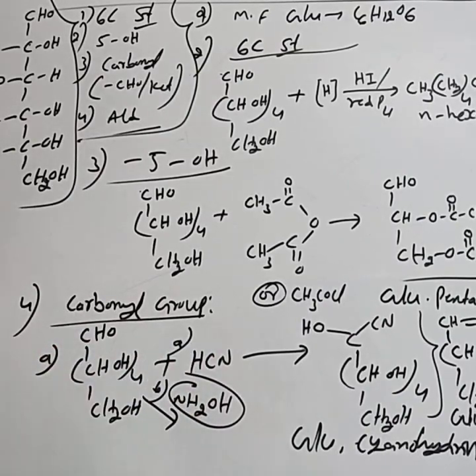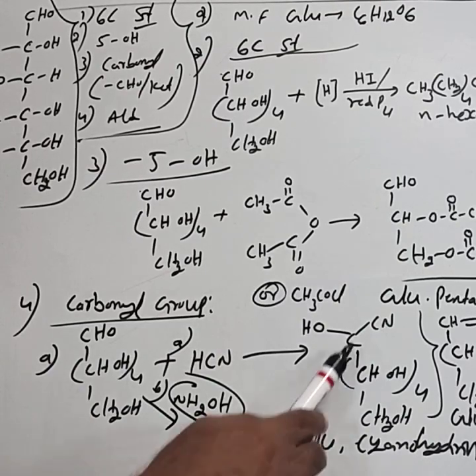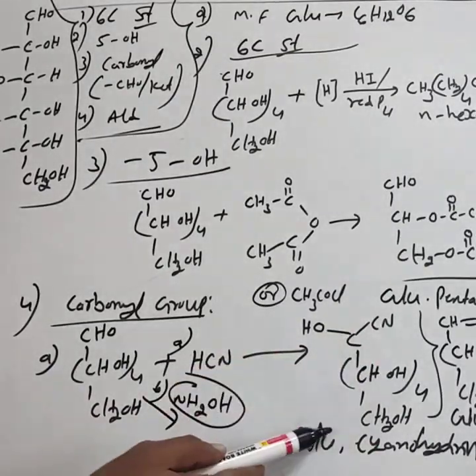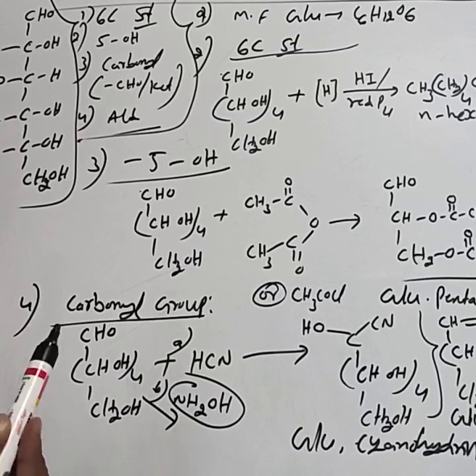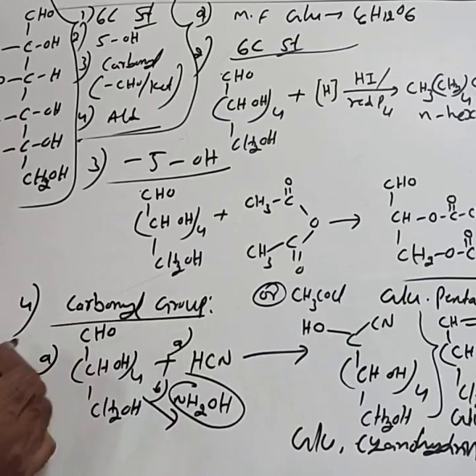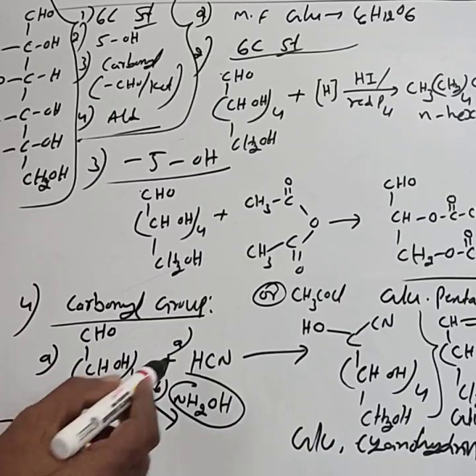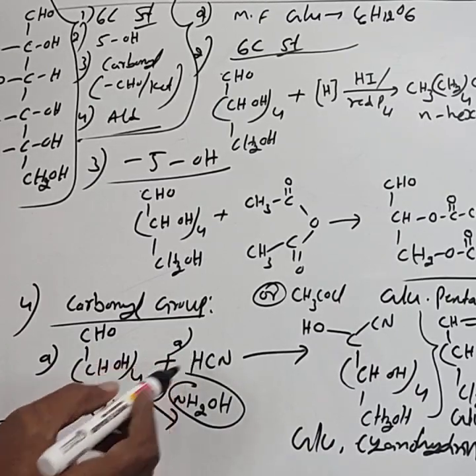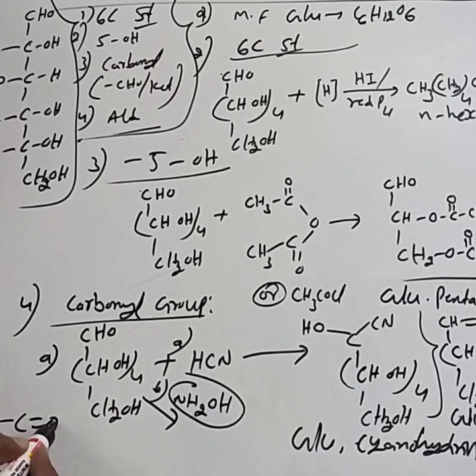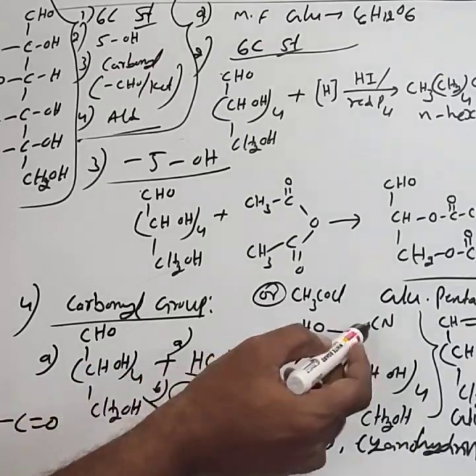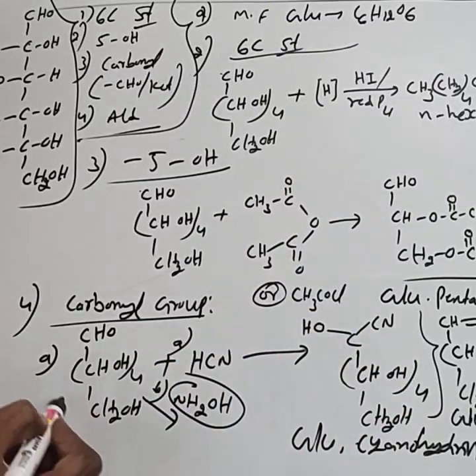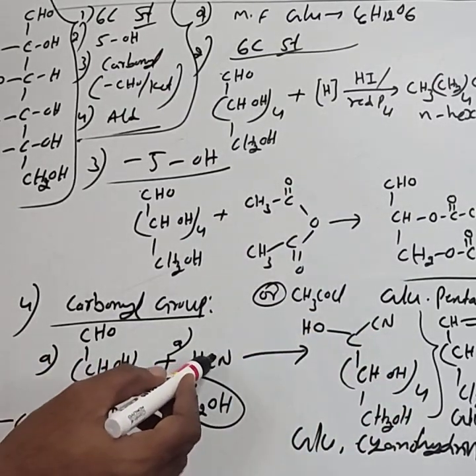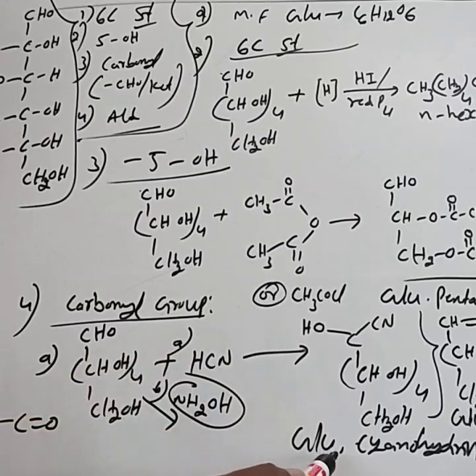Glucose reacts with hydrogen cyanide and forms glucose cyanohydrin. This is the formula of the glucose cyanohydrin. You can split this one: CH double bond O. From this, H gets added to the double bond O, which becomes OH, and CN gets added to the carbon atom. This is the cyanohydrin. The remaining part remains the same. This is about hydrogen cyanide.